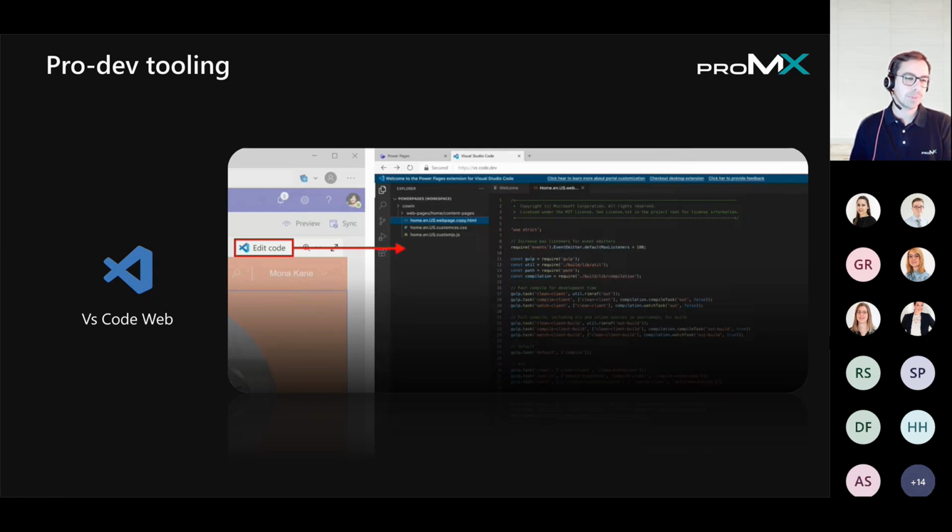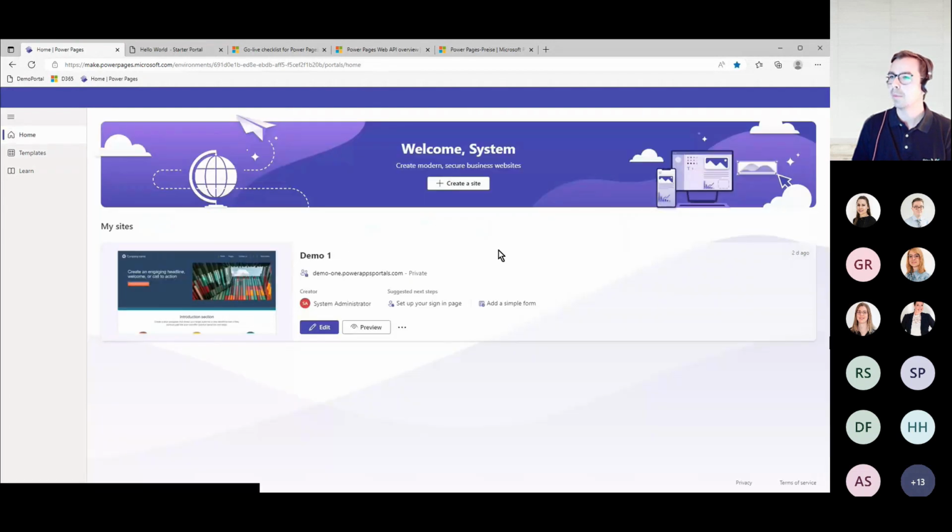We have a huge improvement right now. We have a Pro Dev tooling, it's called. So we have a native integrated Visual Studio Code web interface from within the Maker experience. Before that, you had to run your Visual Studio Code instance locally and connect it via the Power Apps command line integration extension. And now this is even more simplified for you because, and I'm now sharing the Maker experience